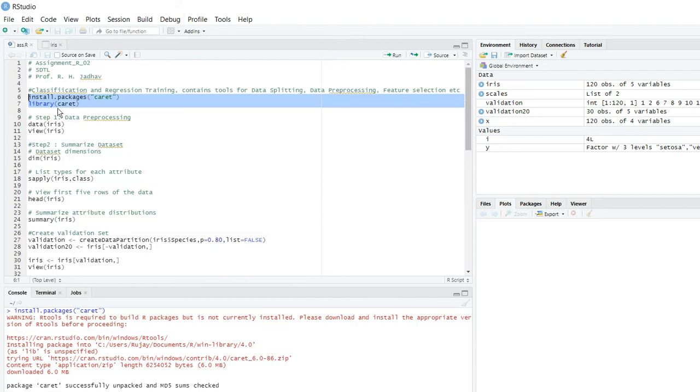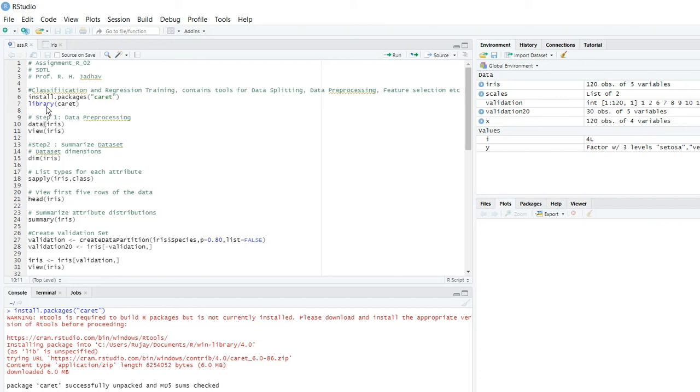Okay, the next is data preprocessing. So now we will input or bind the data set in the current environment. So there is a function called data, and iris is our data set. So data iris, it will load the data set into this current environment. Also you can use the statements like read csv, and you can read the data set iris into a data frame, and then you can process. So this is one way.